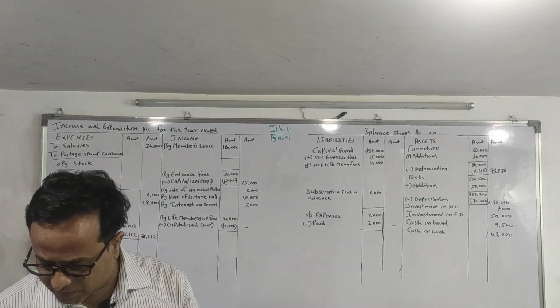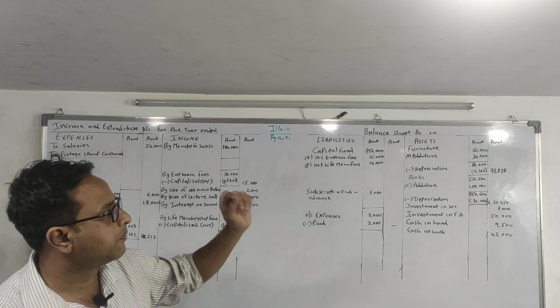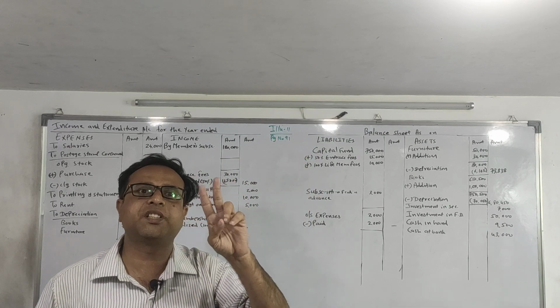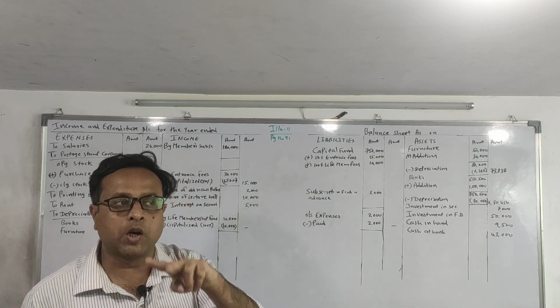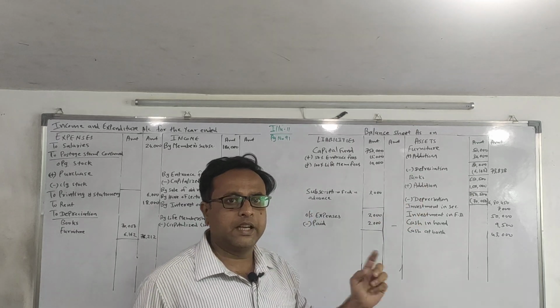Now there are additional adjustments given below. Depreciation on books. So put one more dot near books. So now there are two adjustments on books. We have put two dots. So we have to leave three lines, 1, 2 and 3. That is what I am telling you.